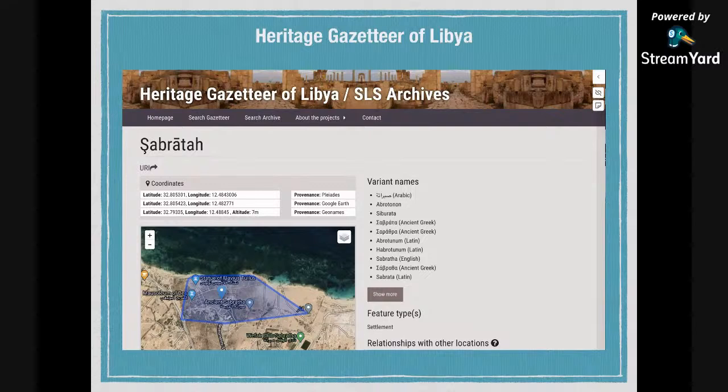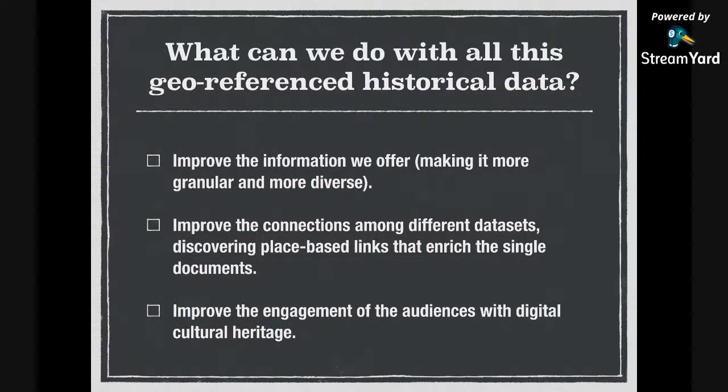And I would also like to point out that in the Heritage Gazetteer of Libya, the default name is the Arabic, which is something that Charlotte really thought about. She shouldn't have had to, but she had to, and this is how it looks now, and we're happy about it. So to conclude and go back to